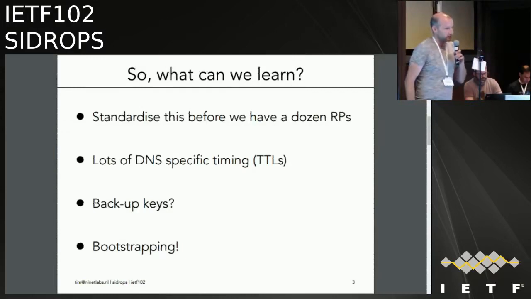Then there are lots of things in RFC 5011 that are very DNS specific. While they make for an interesting read, I'm not so sure that they really apply here, because the model of getting things is different. There is no time to live with regards to if you get this certificate that's mentioned on the TAL, you can keep it for so long. Essentially, you get it every time. You may keep a little backup, but it's pretty undefined actually. So maybe that's something that should be better defined.